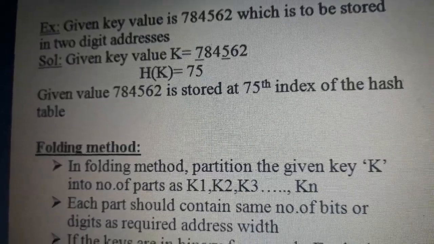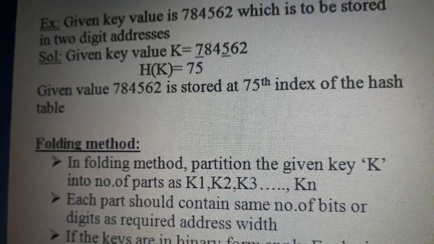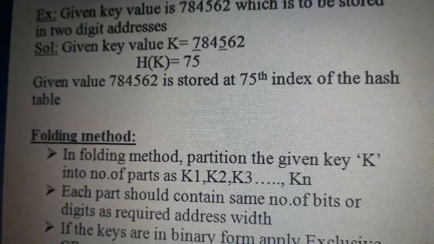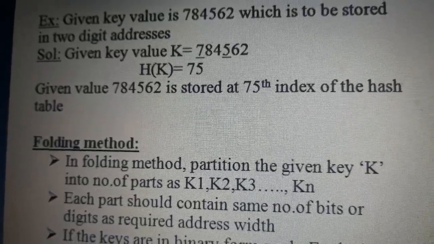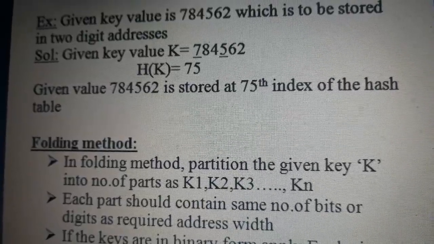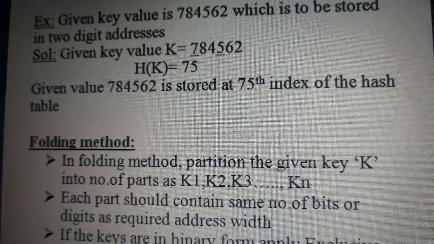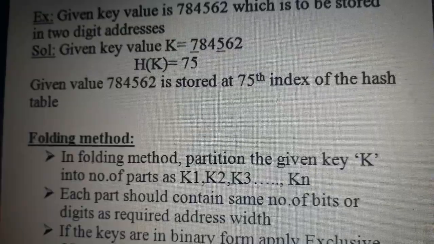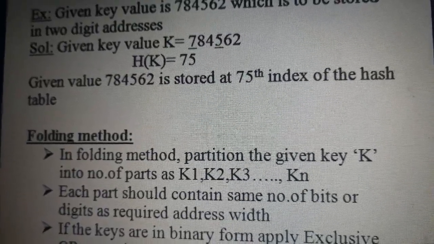Taking that value, we ignore a set of digits. Leave off 7, then 84 is a set of digits, remove it.